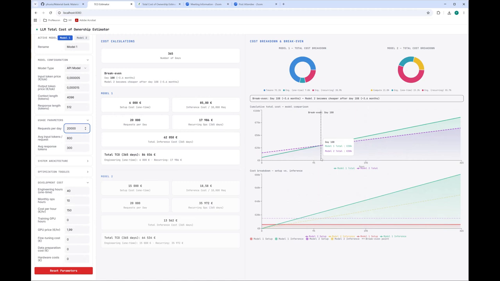You can see this break-even point clearly in the top chart where the two lines cross. The bottom chart explains why. Even though Model 2 has a higher setup cost, its inference cost grows so much more slowly that it eventually